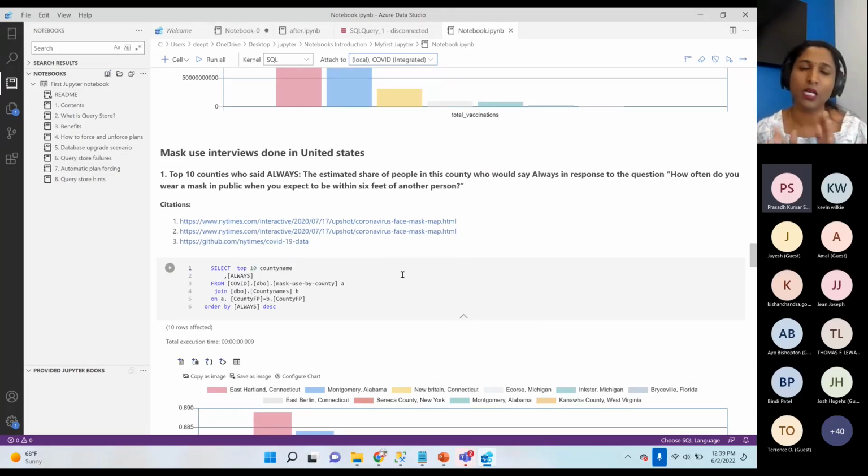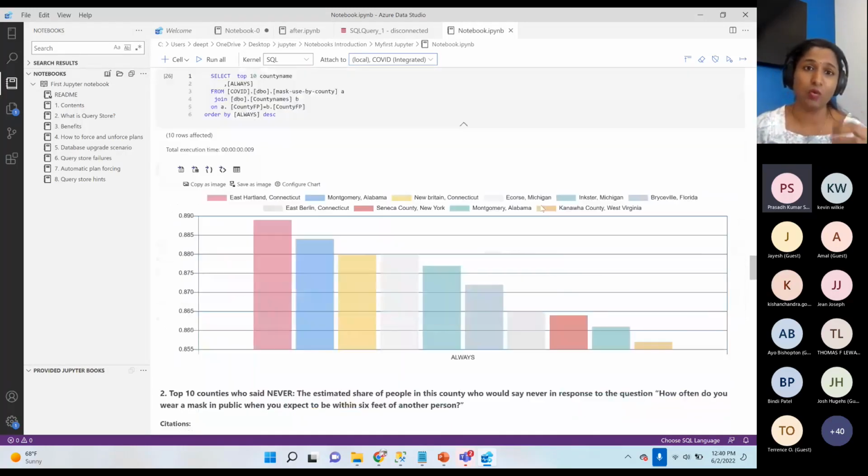They asked people in the United States whether they want to wear the mask when they are 6 feet apart from other people outside. And there are some very nice states who said always yes. And the top 10 states that always said, yes, we want to wear a mask definitely are these 10. And if you hover your mouse and see the Connecticut people from that particular county, the percentage that they said yes is like 88%